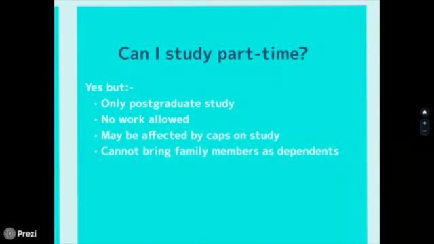Also, a bit more of a complex issue that we won't get too into, but there are limits on how long you can spend studying at different levels of study for your visa. So a D level, for instance, that's undergrad and masters. There's a 5 or 6 year limit to that, depending on the length of your undergrad. If you're studying, say, your master's part-time over 2 years, that's going to extend the length of some of that study. You may find that you're limited in how much study you can do in the UK if you study